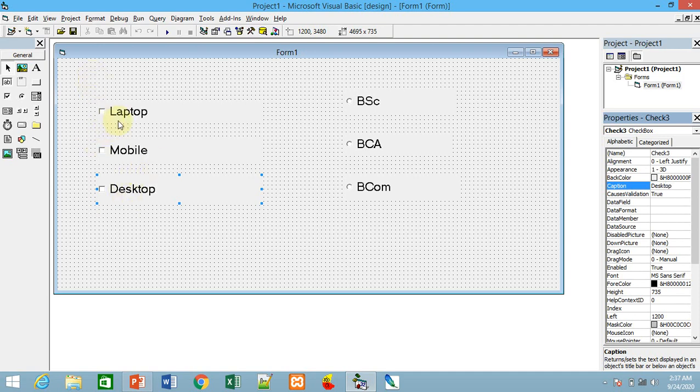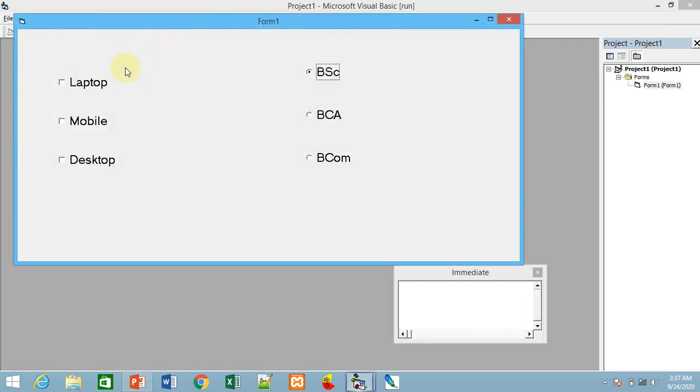So here I have given the names: for checkbox 1 laptop, for checkbox 2 mobile, for checkbox 3 desktop. So during the selection, the user may select all if the user wants all these three, or if the user wants mobile and laptop, or mobile and desktop, or only mobile, or only desktop. So you go on selecting it.